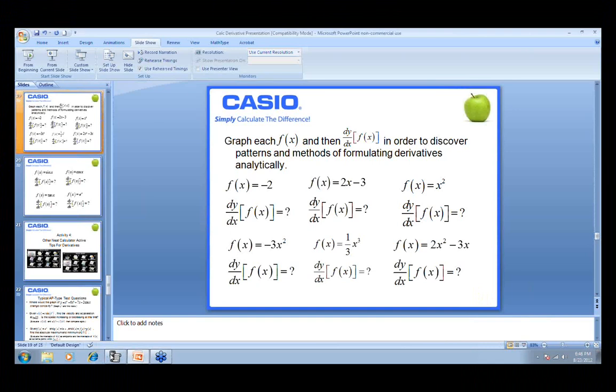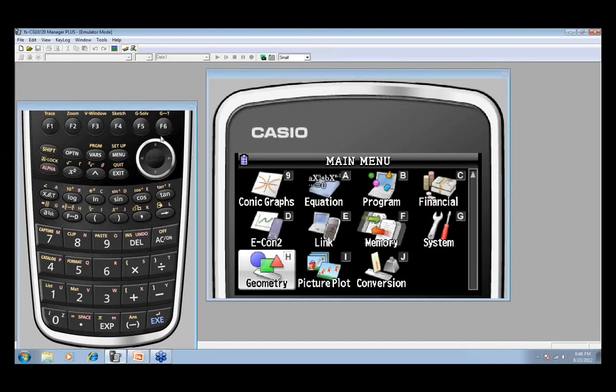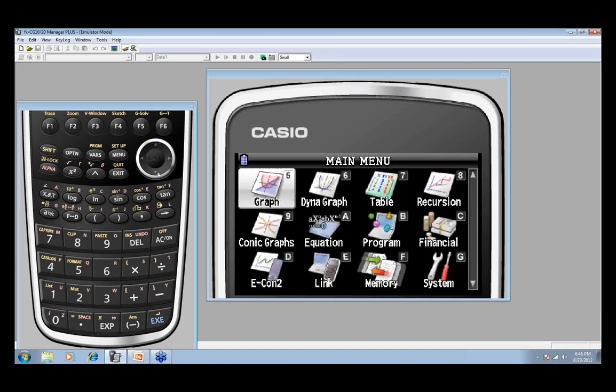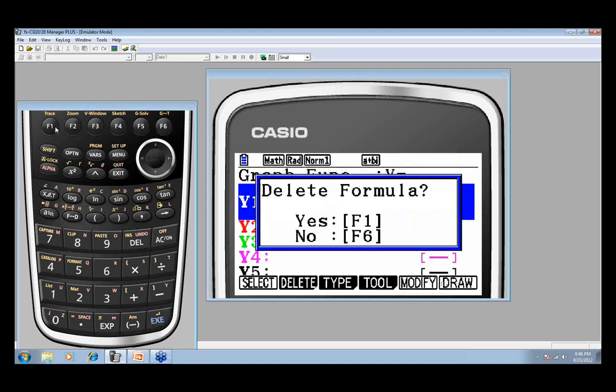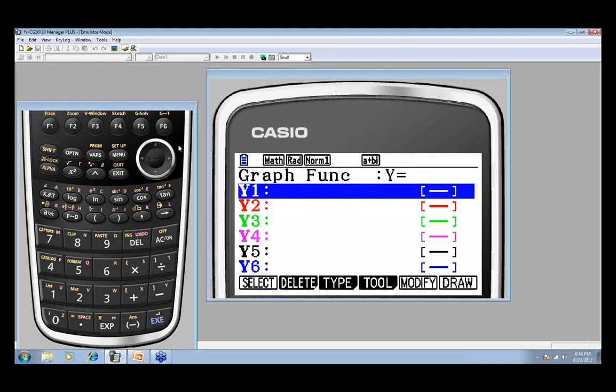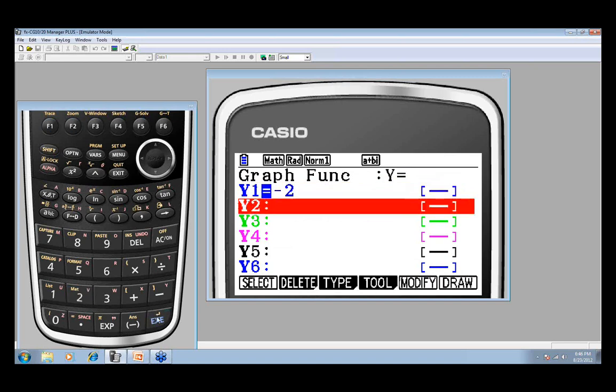Okay, so now on our calculator, we're going back to the graph mode. We're going to really do some explorations. Graph mode is an excellent tool for investigating all kinds of calculus topics or any kind of algebra topics. Now, the first one I said we were going to test was -2. That's just the constant function. And before we go on, one of the nice things is that we can do multiple graphs, and they're each going to appear in a different color, and that makes it really easy when you're trying to compare them.